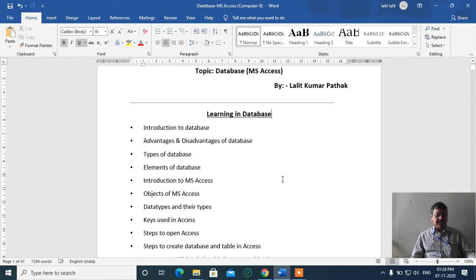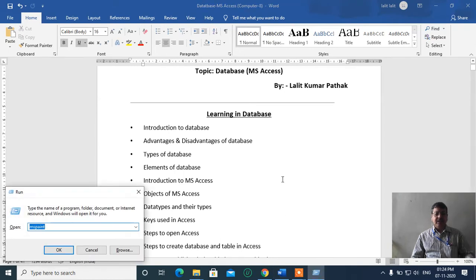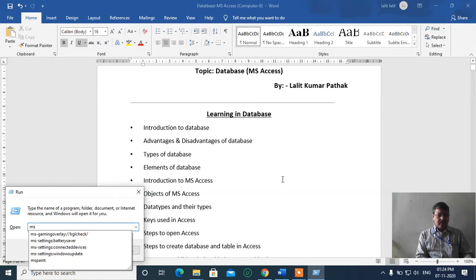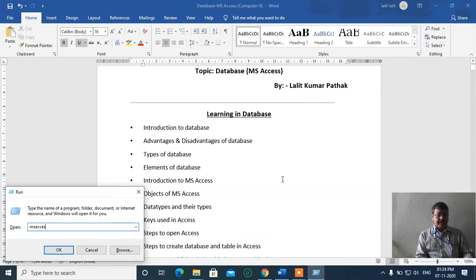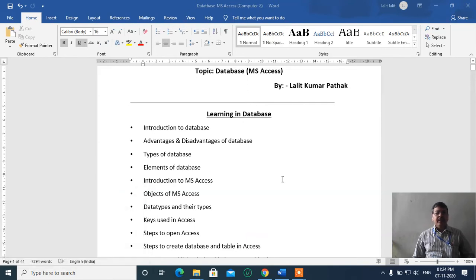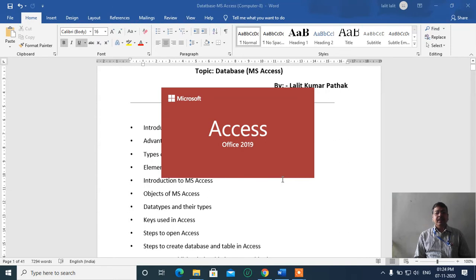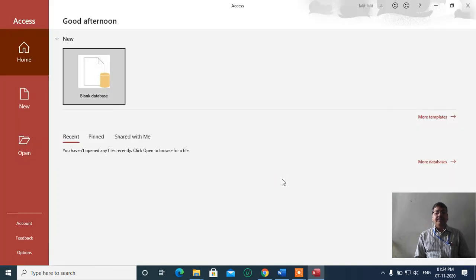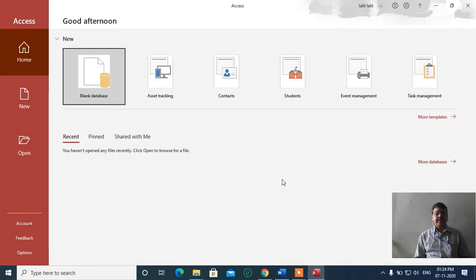So I just press Windows plus R key to open run command and type MS Access. Then it opens the window of MS Access. This is the opening window of MS Access.